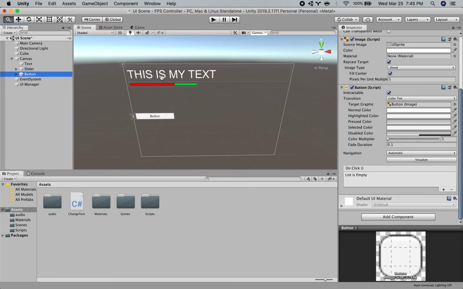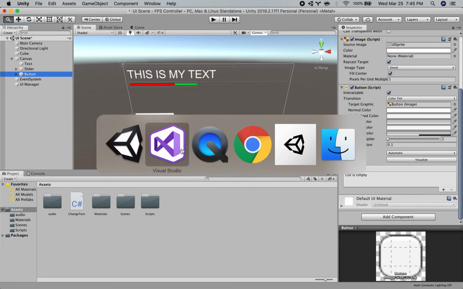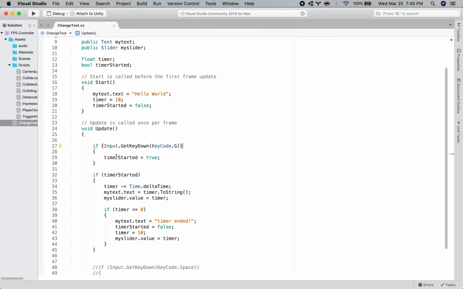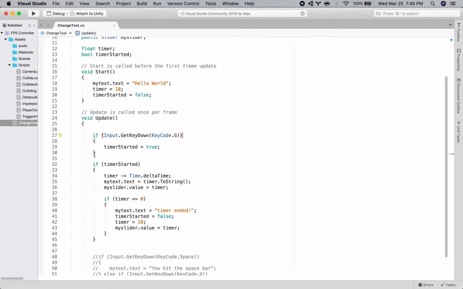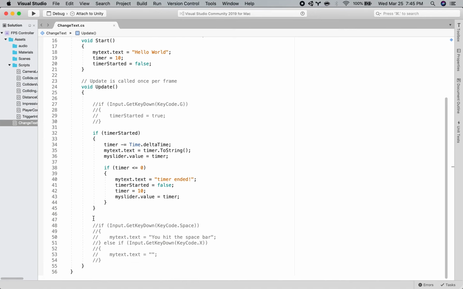So let's create a function that we can call when we click on the button that does all the stuff that's happening when we hit the G key right now. So if I go back to my script, basically when we hit the G key, timer started equals true. So what I'm going to do is I'm going to comment this out, and I'm going to create my own